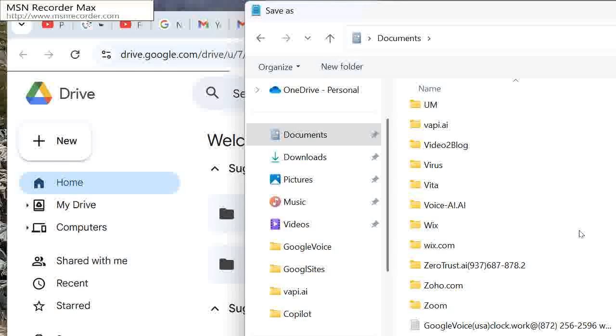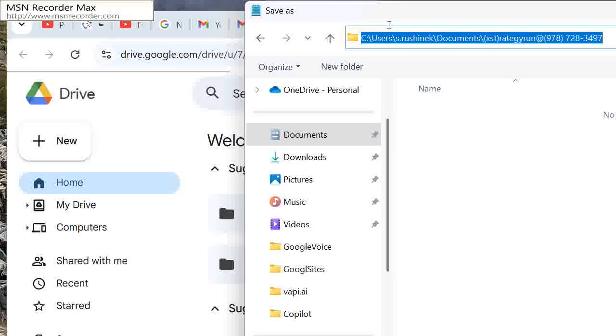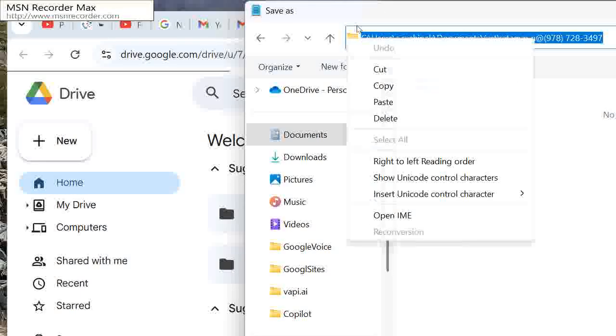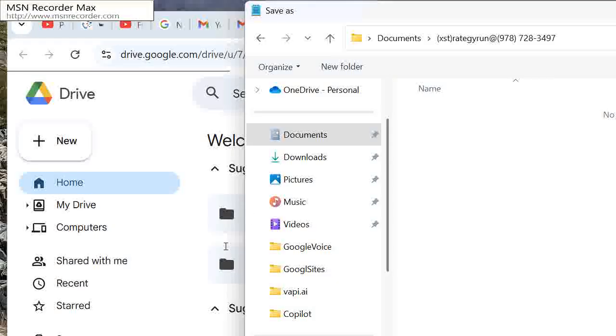978 close paren 728 dash 3497. Then double click it to open it. Copy the path to the clipboard buffer and try to insert it at the file name field at the beginning character. Control V, followed by a backslash, so I have an entire string